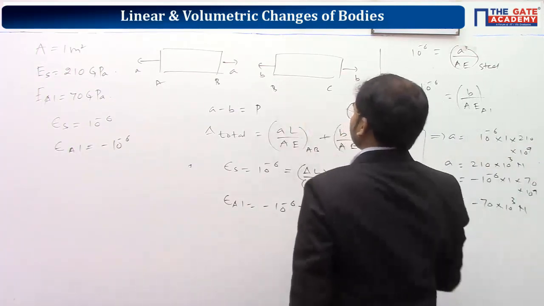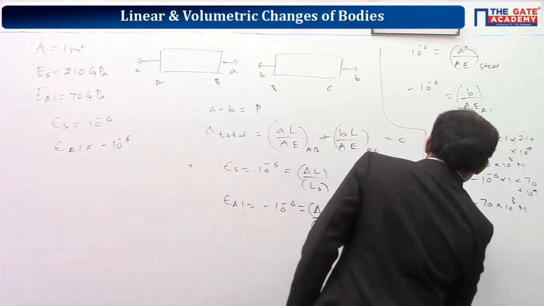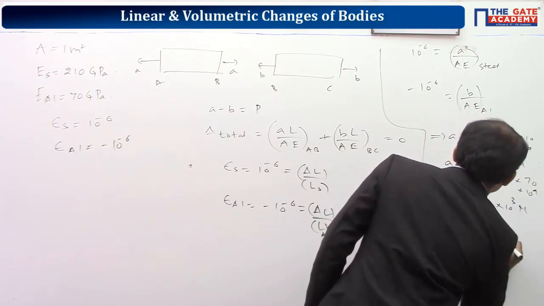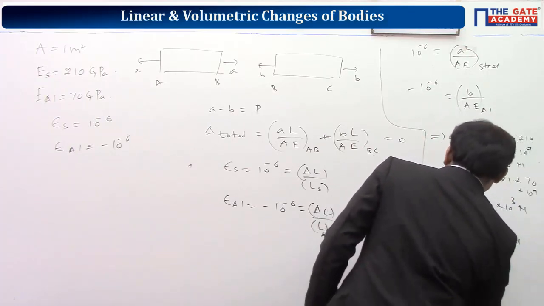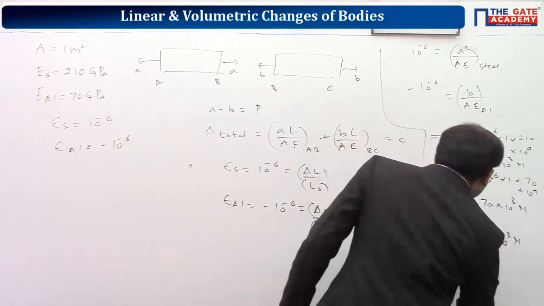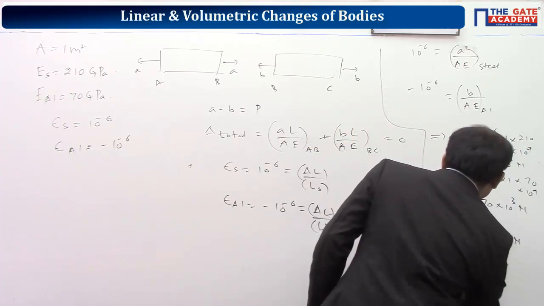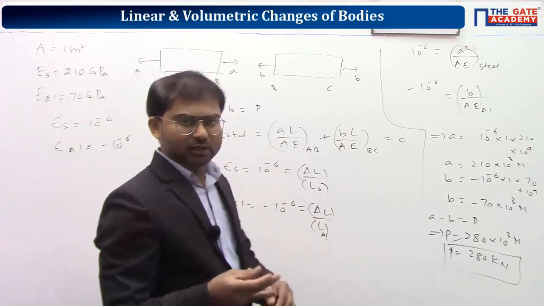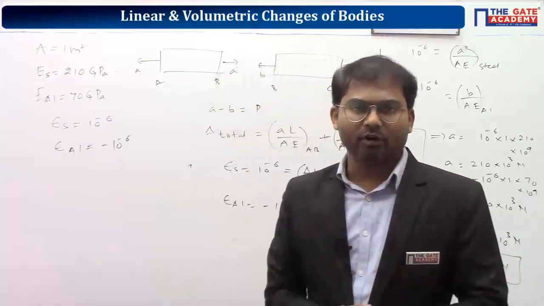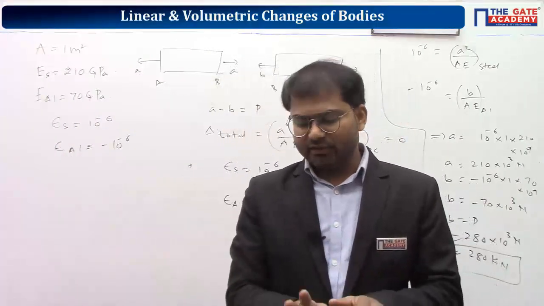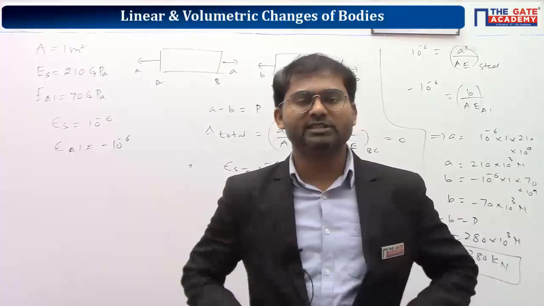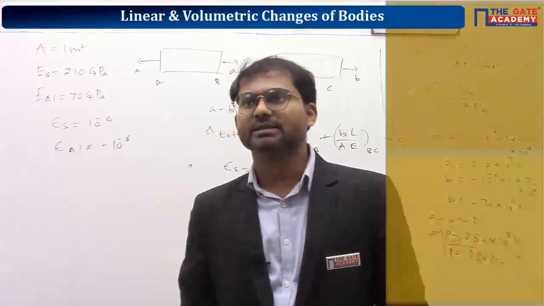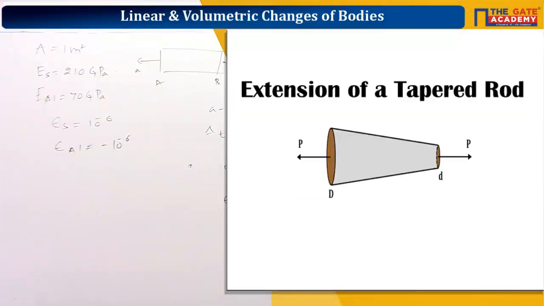So we have a minus b is equal to P, so P is equal to a minus b. So 280 into 10 cube Newton, but they are expecting the answer in kilonewton. So 280 kilonewton. Very good. Take this question as homework, because whatever you learned, you should start to apply. I want you to think peacefully and give the answer. These two questions, whatever we discussed and whatever I gave as homework, kindly make sure to solve them before coming to the next class. Copy the next question.